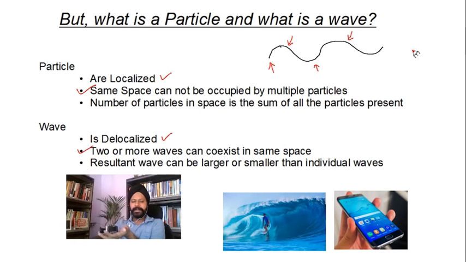So there are two particles here. So 1 plus 1 is 2, right? So you add those particles. Whereas in the case of waves, they add up, or they reduce the magnitude of each other, right? So that's called interference. That's the basic difference between a particle and a wave.